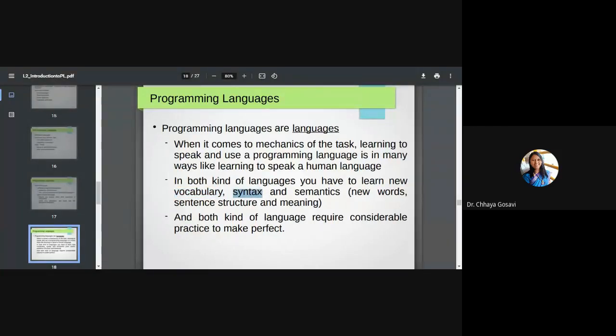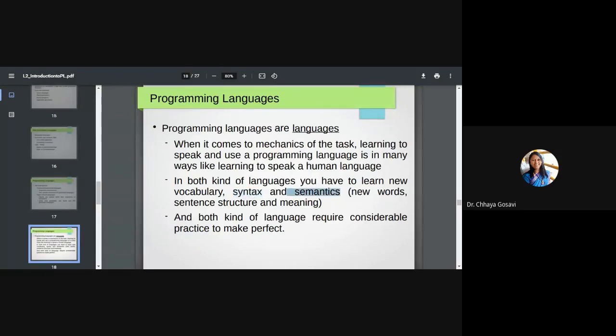Syntax means the grammar of that language: what is the syntax of a for loop, while loop, do loop, how to define a class. In C++, we put a semicolon at the end of a class definition. Here, a semicolon is not required. In C language, main can be anywhere, and in C++, main can be outside a class, but in Java, main should reside in a class. So that is called syntax.